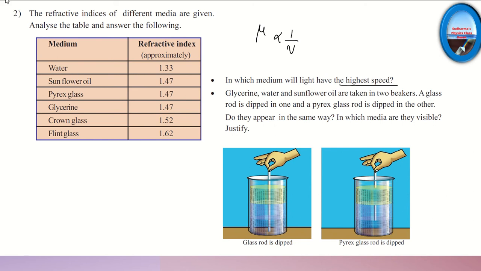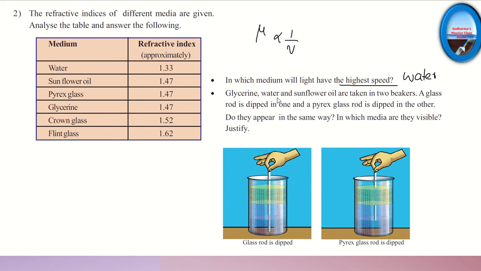So this is very similar to our first question. In which medium will it have highest speed? And in this table, it will be traveling with highest speed in water, because all the other materials have a little higher refractive index. Higher the refractive index, less the speed. Okay. Now,